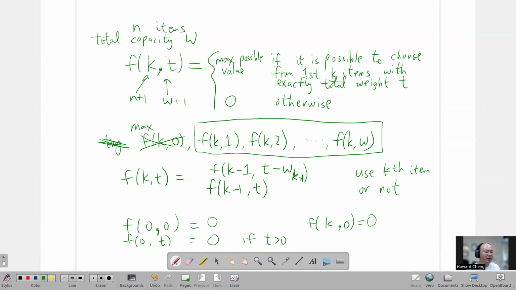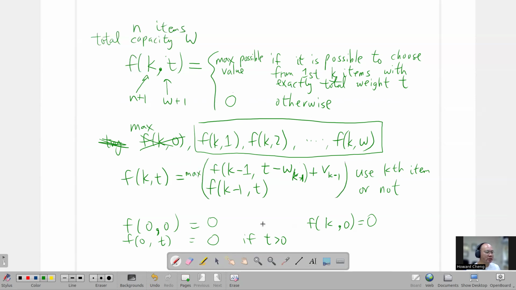If I were to use the kth item, I recursively try to use the k minus 1 items forming this sum. But now I also include the value of that item, because I just picked that item. And I want, in this case, to maximize